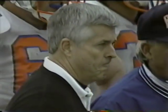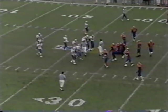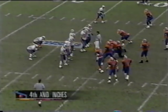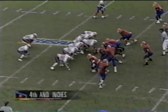expression lets you know he's thinking that Bolles is short. Yeah, right. He's thinking about what he's going to do. Does he want to give the football back to that Yellow Jacket team, or is he going to go for the game right now with 7:49 left to go? This could be the game. Less than 8 minutes to go, and if they do not get the first down, Bartow already within field goal